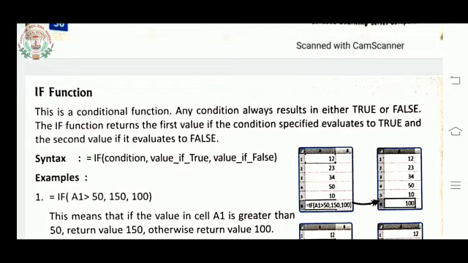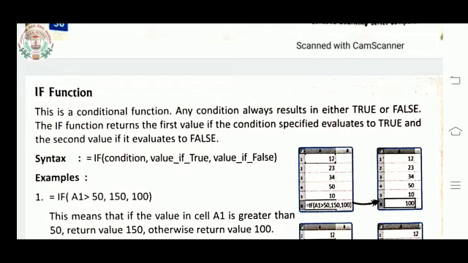So the if function returns the first value if the condition specified evaluates to true, and the second value if it evaluates to false. Means if the condition is true, the first value will be printed, and if the condition is false, the second value will be printed.